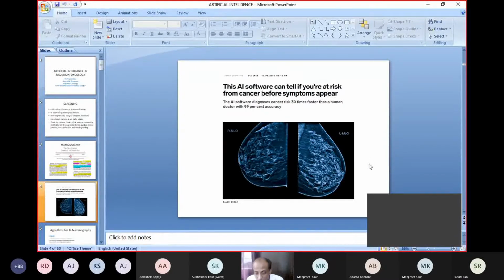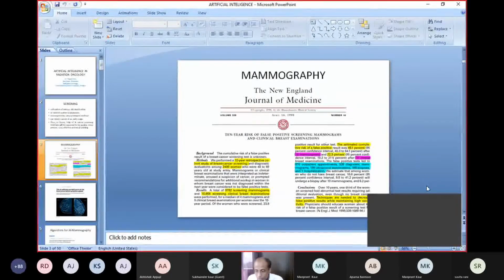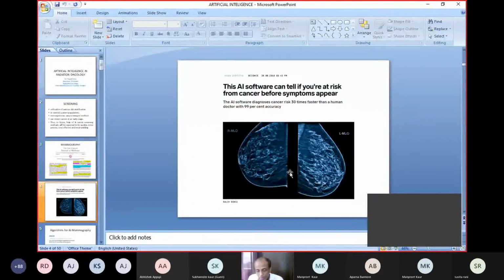So I was talking about the screening part. In cancer screening, we use a modality called mammography. This is used for breast cancer screening. In mammography, we take an X-ray of the breast tissue, both the breasts. In the X-ray, the radiologist then defines the calcification, micro calcification or macro calcification, and sees whether that is significant for cancer or there is no cancer. If we doubt a cancer on the mammography, then we take a biopsy of that area. Biopsy is basically tissue taken with the help of a needle from that area, and that tissue is seen on microscope to see whether cancer cells are present or not present.